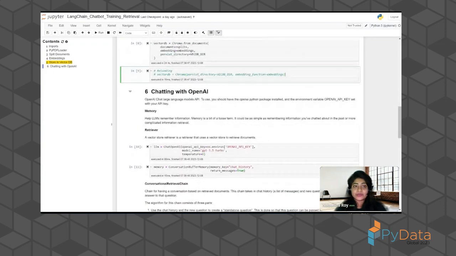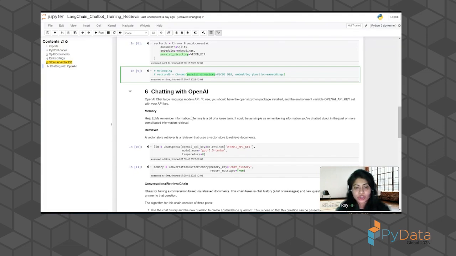once you've done that, you see cell number 9. It's for once you have already finished creating the vector database and you log off, how do you retrieve it again? You just need to pass in where the directory lies, and then the embedding function. You need to send in the specification for your embeddings, and then it retrieves your vector DB from your storage. Okay, so that's how you should be retrieving your vector database.